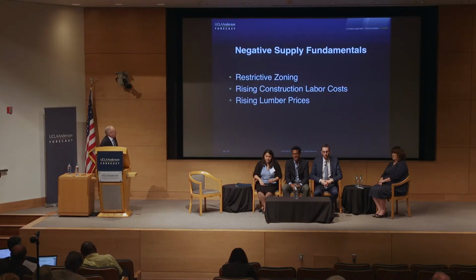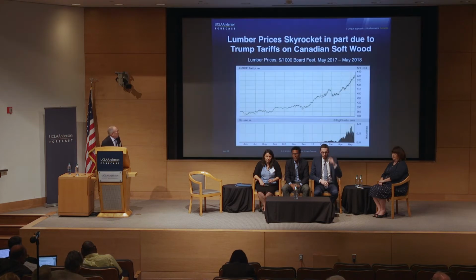Okay, and then we have negative supply fundamentals. We'll talk about the zoning here on the panel. We talked about the question of rising construction labor. That's there. And we also have rising lumber costs. And this is the price of lumber. The price of lumber here has gone up from like $400 to $600 per 1,000 board feet. And this big increase,